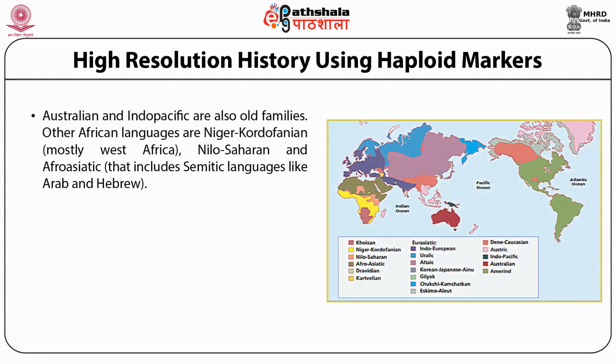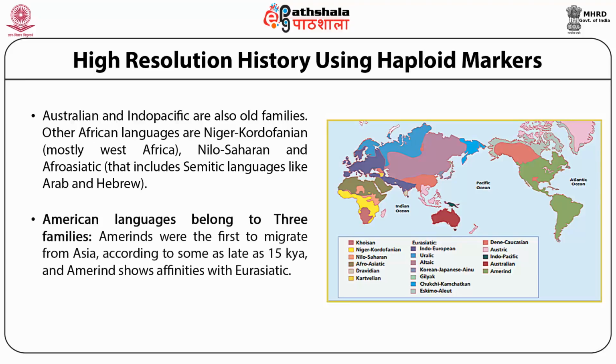Australian and Indo-Pacific are also old families. Other African languages are Niger-Kordofanian, mostly in West Africa, Nilo-Saharan, and Afro-Asiatic, that include Semitic languages like Arabic and Hebrew. American languages belong to 3 families. Amerind was the first to migrate from Asia, according to some as late as 15 KYA, and Amerind shows affinities